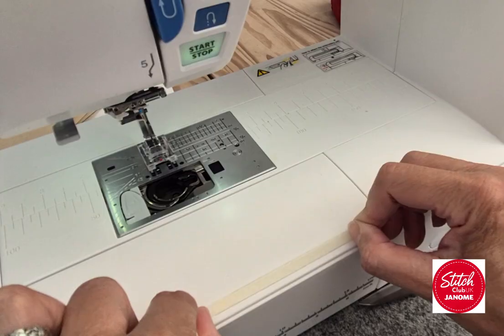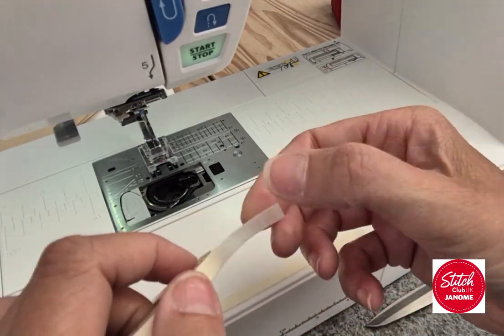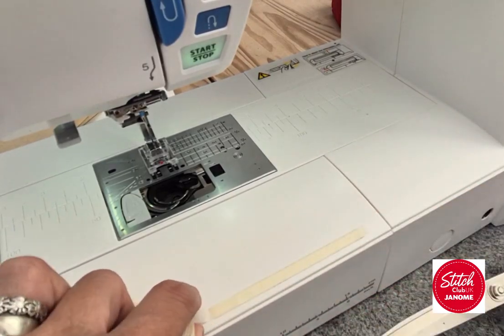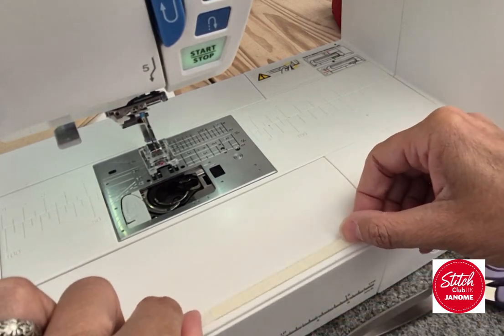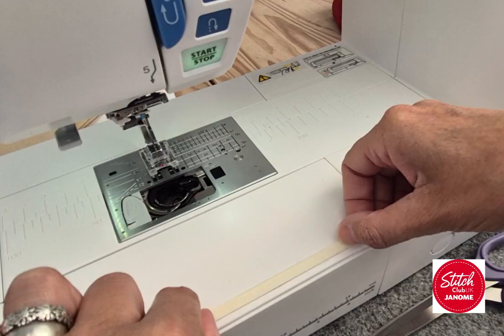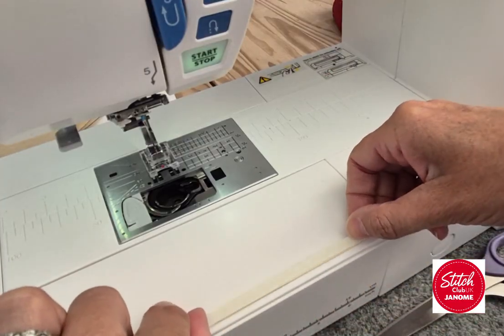So what I'm doing here is I'm doing about 5 or 6 layers of masking tape. This is Quilter's 1/4 inch. You can often find washi tape, which is a similar thing as well. Basically, masking tape means it's going to be really easy to stick on and then remove, because what I'm doing is I am making a guide, and you'll see all sorts of stuff on the internet about sticking plastic, God knows what, to your machine, but I'm not doing any of that because I do not want any of that near my needle